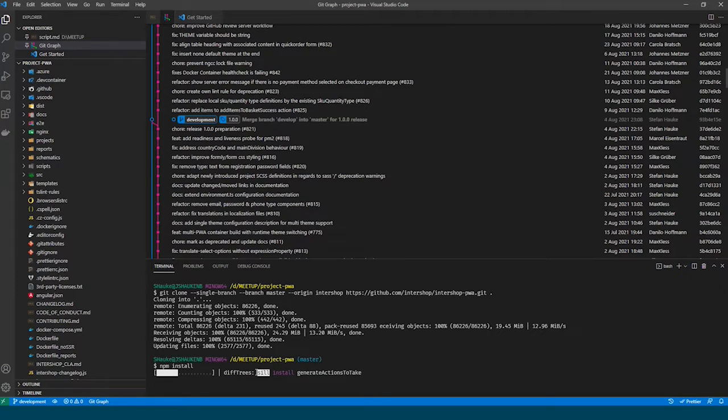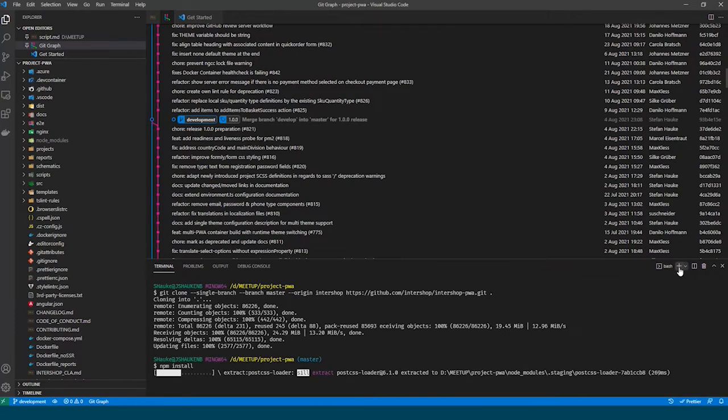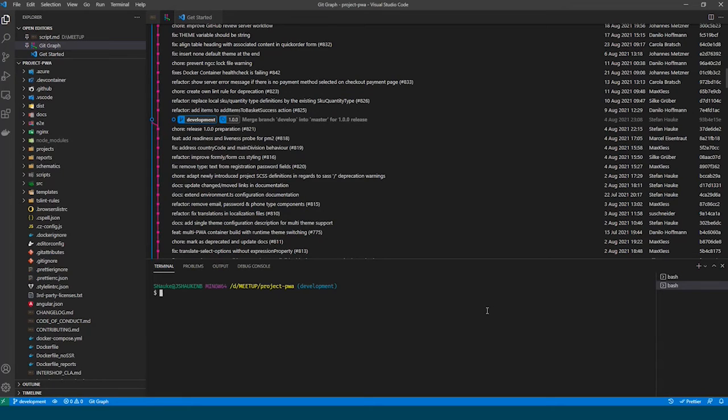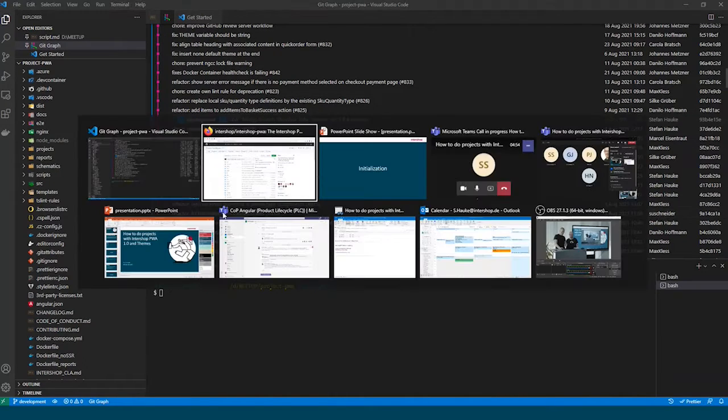So I will have this be done in the background, and we can do some additional Git stuff to initialize the project repo. So the first thing is we have now the code that we will work with, and now we need to